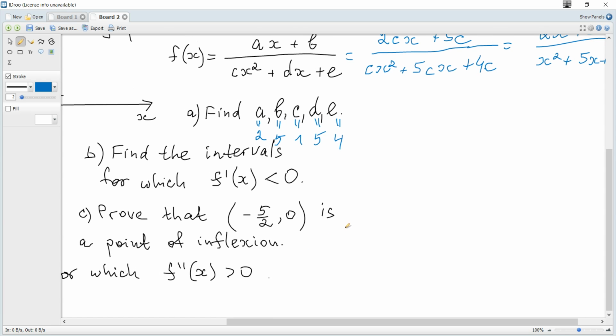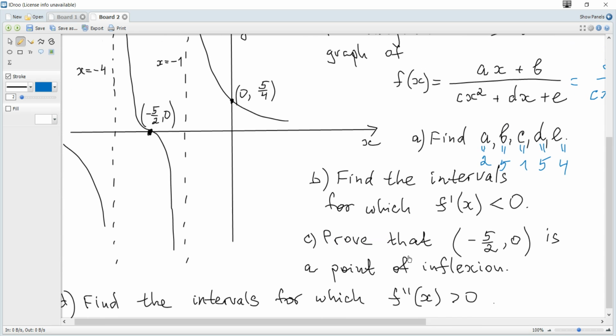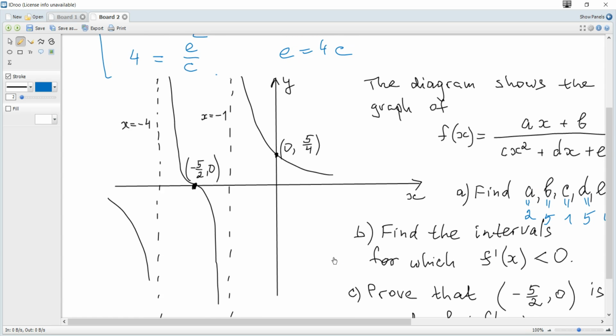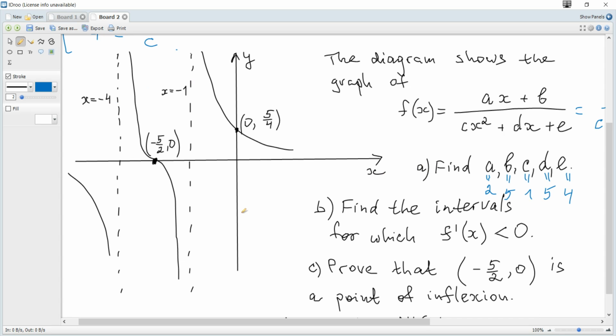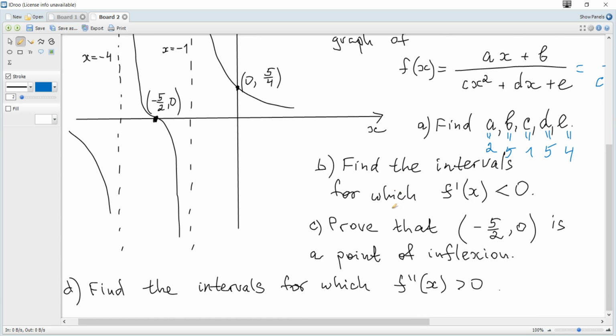So we can answer directly from the graph. So we can see that here function is decreasing, here is also decreasing, decreasing, decreasing. So function is decreasing everywhere. But we should always exclude x values where there is division by 0, because function is undefined at -4, -1. So the answer is x is less than -4,